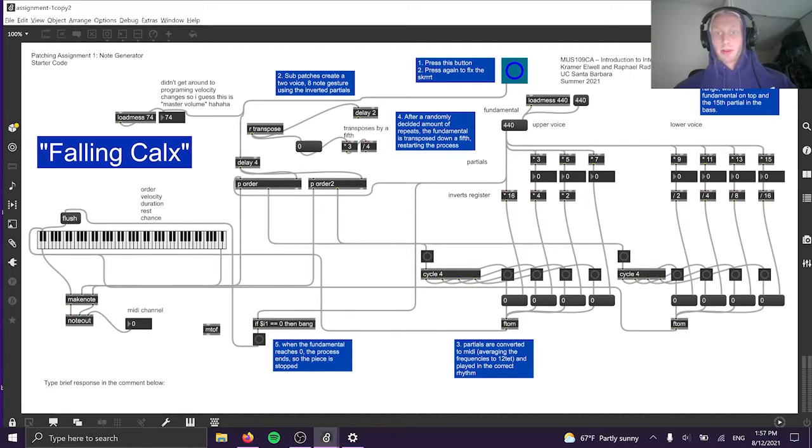So we take a frequency here and we multiply it out to find some partials, which are then inverted in their range, so that the fundamental is the highest note and the 15th partial is the lowest note. Yeah, so then